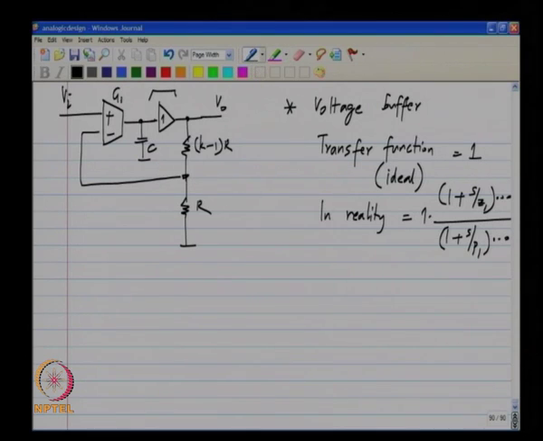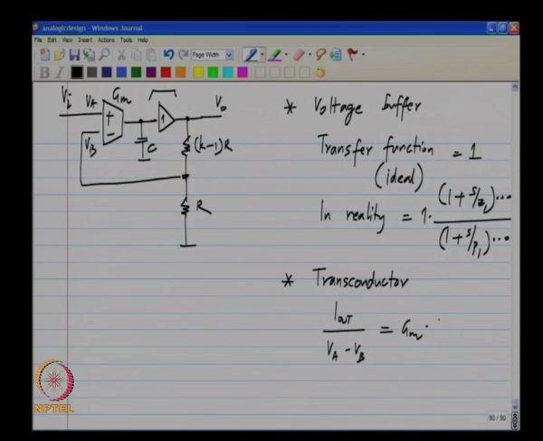Similarly, the transconductor has its I out by V in, where V in refers to the difference voltage V A minus V B. Okay. This is V A and that is V B. So, I out by V A minus V B should be a real number G M, but what can happen